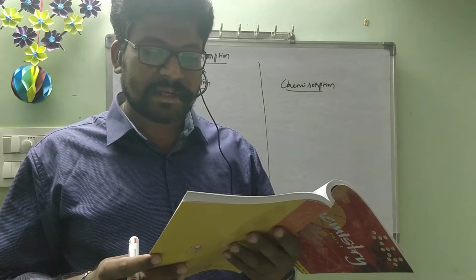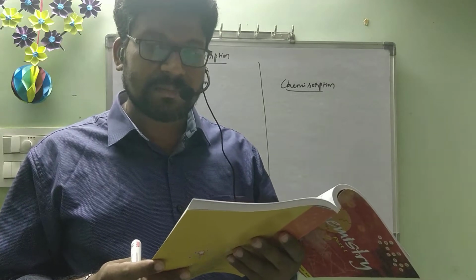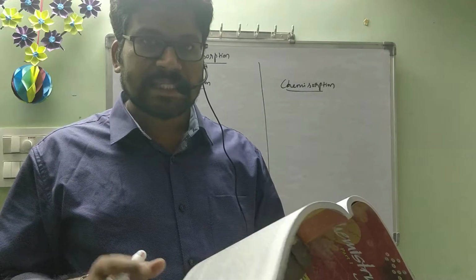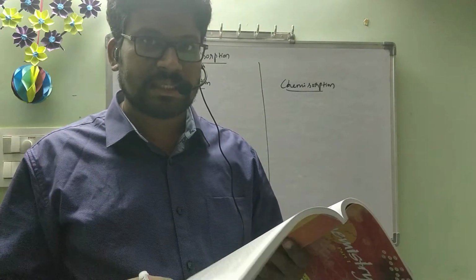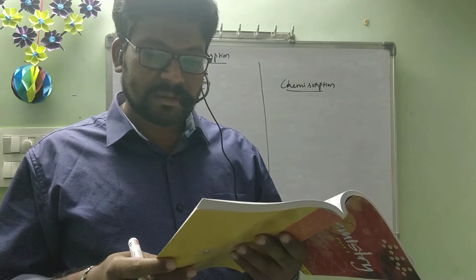When a gas is adsorbed, the freedom of movement of its molecules becomes restricted. When a gas is adsorbed, their freedom is going to be restricted. That means disorderness decreases, so delta S is negative. Adsorption is thus accompanied by a decrease in enthalpy as well as a decrease in entropy of the system. For a process to be spontaneous, the thermodynamic requirement is that at constant temperature and pressure, there must be a decrease in Gibbs free energy.